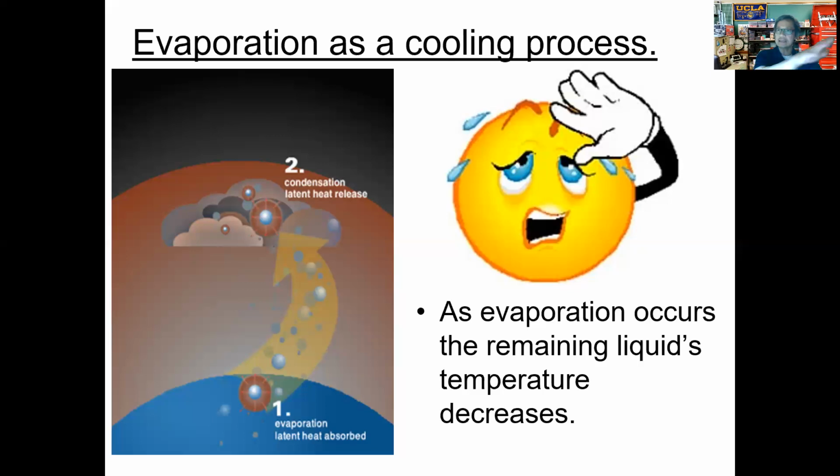So there's less heat energy inside the refrigerator. Outside of the refrigerator, it's warmer. The temperature is higher. So there's a lot more heat energy that's floating around. And so what happens is that heat energy gets absorbed into the pot of water itself. The water absorbs that heat. And as it absorbs that heat, it will start to evaporate.